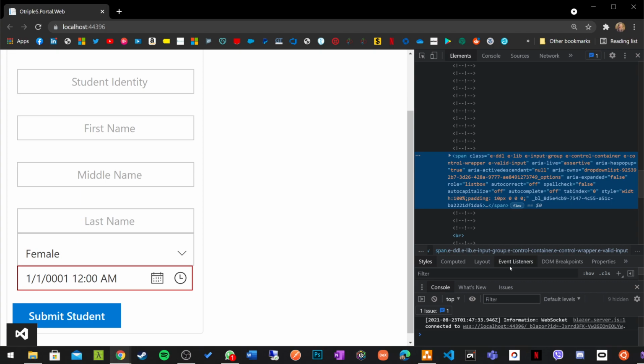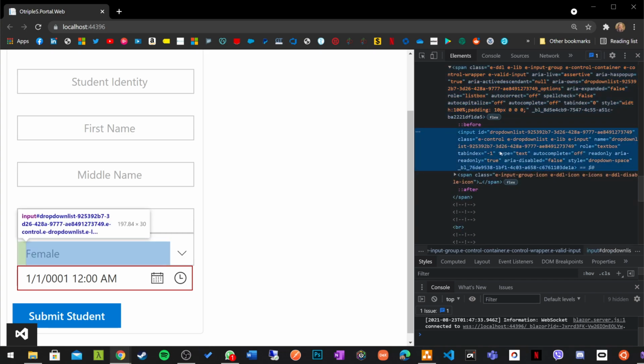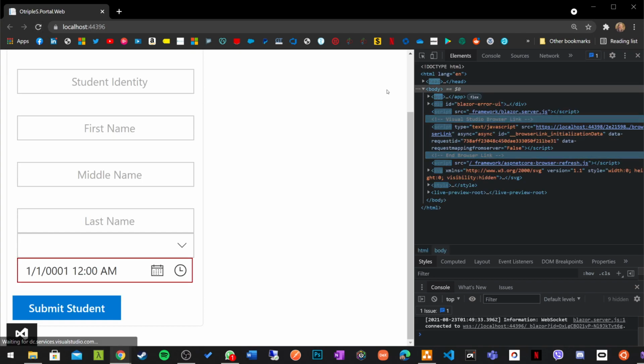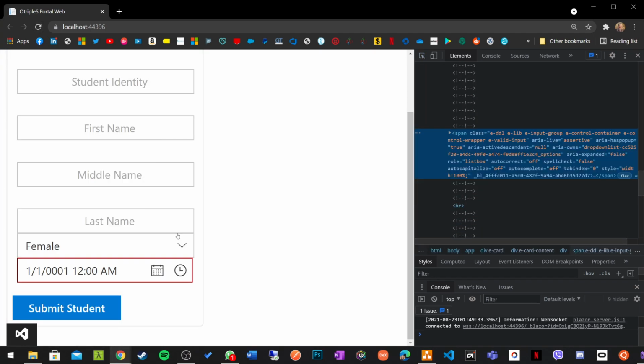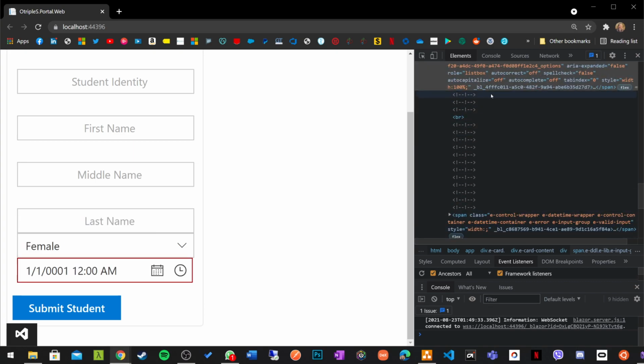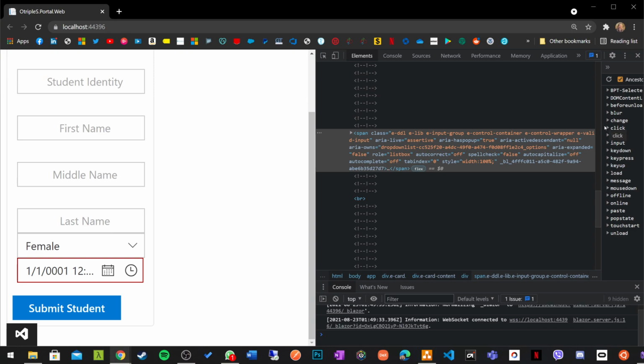So can I actually select that guy? If I expand this, this is the drop down list. These are all of the little parameters in there. Yep, let me get that guy again. This guy here. All right. And if I expand this a little bit,